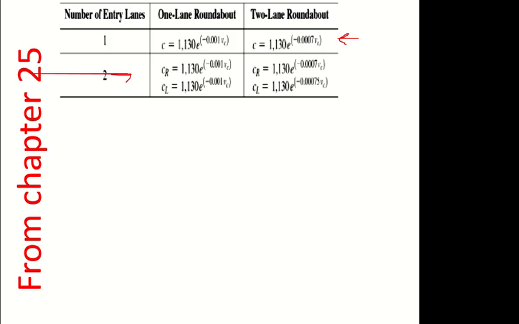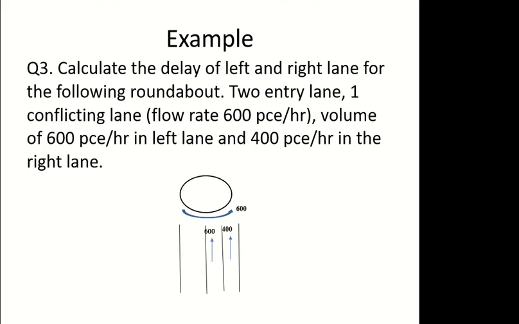Okay, so moving on. Now this is another question where we are going to calculate the delay itself. So we have a two lane road now. You can see it over here. Single lane roundabout. The conflicting volume, circulating volume, is 600, and the volume for each lane is given there. We have to find out the delay for each of the lanes. Because we have two lanes, we can have two values of delay, one for the left hand side lane and one for the right hand side lane,